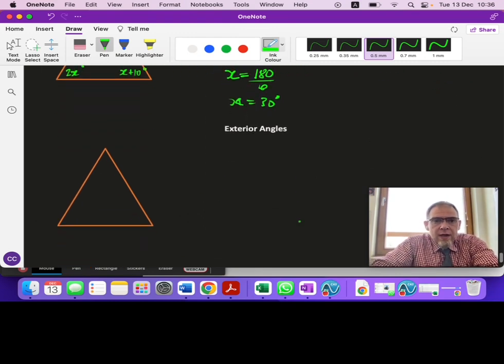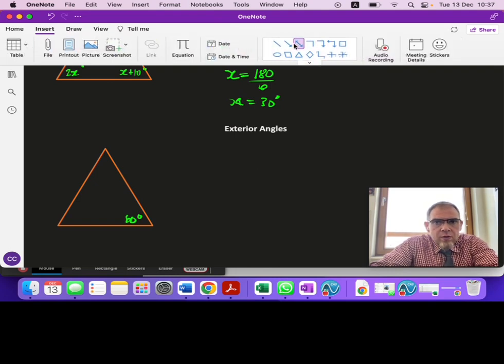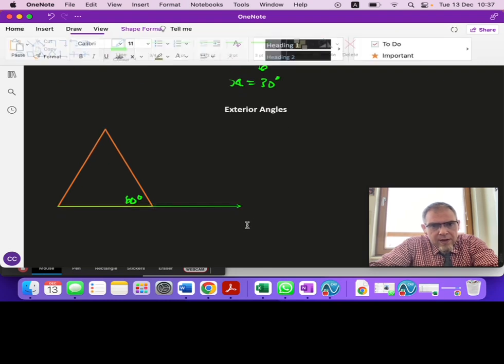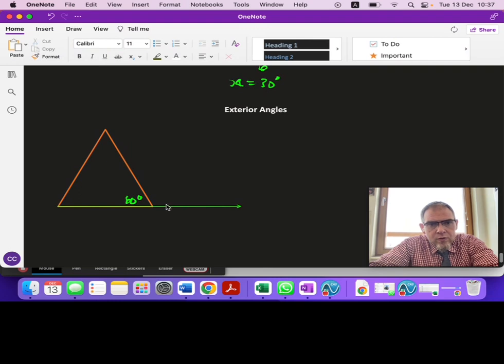Up next, we're going to look at exterior angles. So I'm going to do this super basically. I'm going to say that this is 60 degrees. An exterior angle, in order to find those, what we actually have to do is draw in what we call a projection line. So a projection line, I'm going to draw one in right here. If we imagine that we take that triangle and we do a projection line following the other side of the triangle there, the exterior angle,